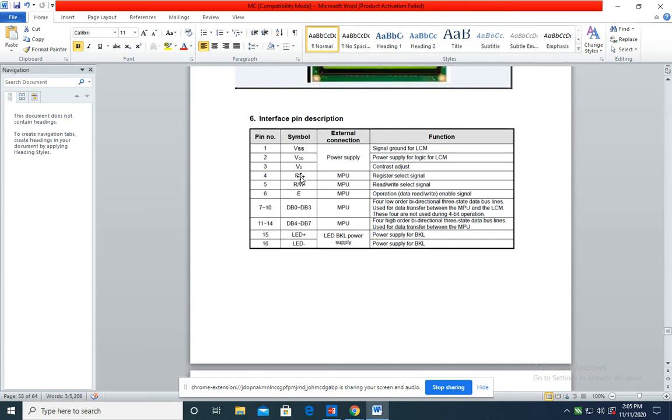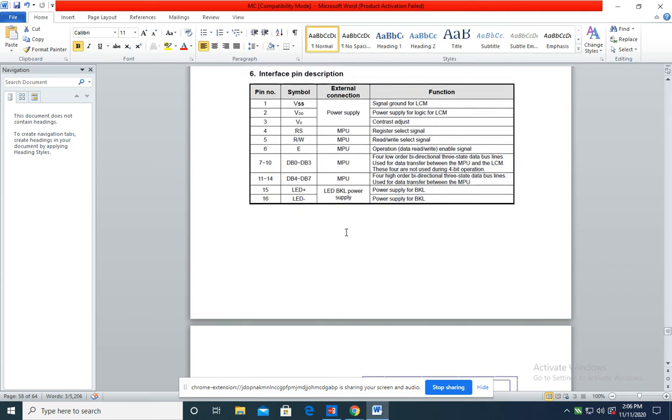So RS, read write bar, and enable, these three pins should be interfaced along with the data port DB0 to DB7. All others are connected to plus 5 volt supply and ground respectively, for running the LCD.